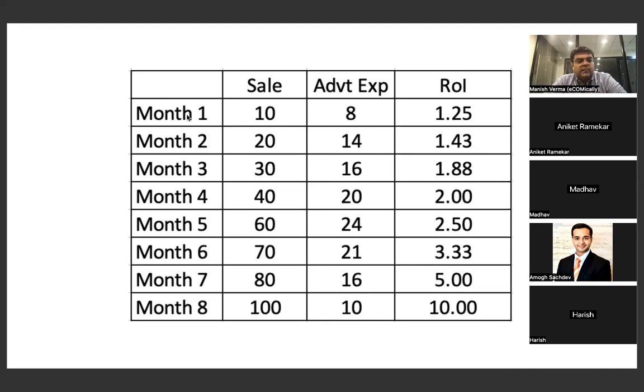Month 1 में, say suppose we are to achieve a sale of say maybe 100 rupees, वो month 8 मैंने जैसे लिया है, अगर month 1 में मैं 10 रुपए की sale करता हूँ, it is quite possible, very much possible, कि मैं 8 रुपए का advertising expense कर रहा हूँ, यानी 80%, यानी ROI is just 1.25। Month 2 के अंदर 20 rupees पे quite possible